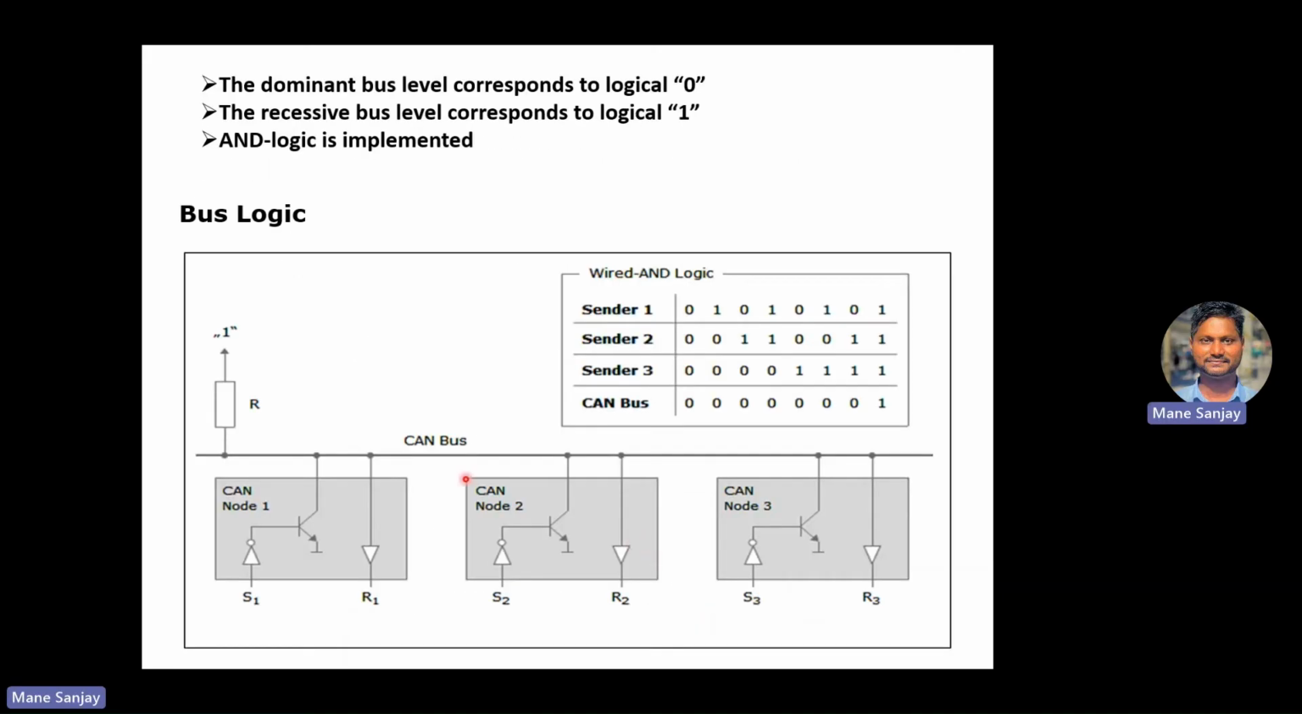So, very interesting part: the dominant bus level corresponds to logical zero. Just remember, when I say the dominant bus level, it means the priority. If the bus level is zero, that means it has the highest priority, and the recessive bus level corresponds to logical one. Very simple. How the arbitration and priority are handled by the physical layer is simply by this